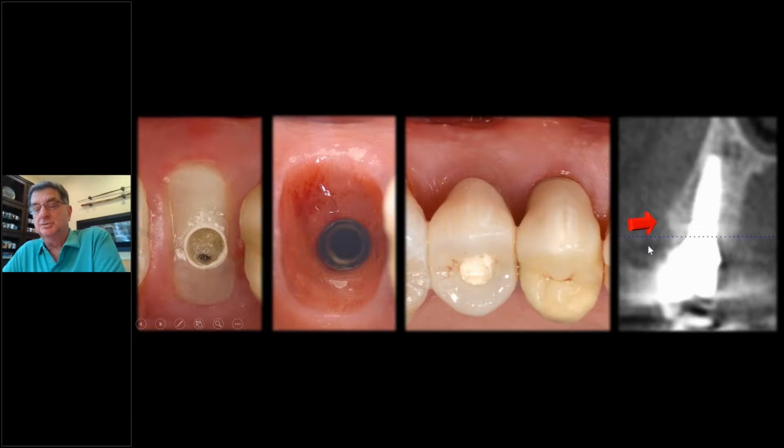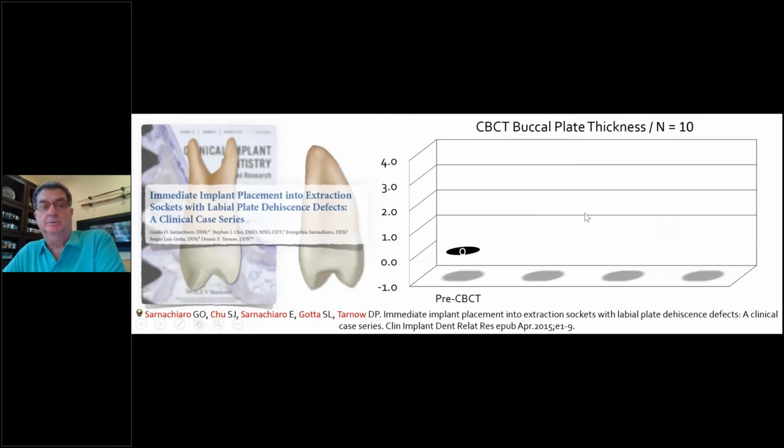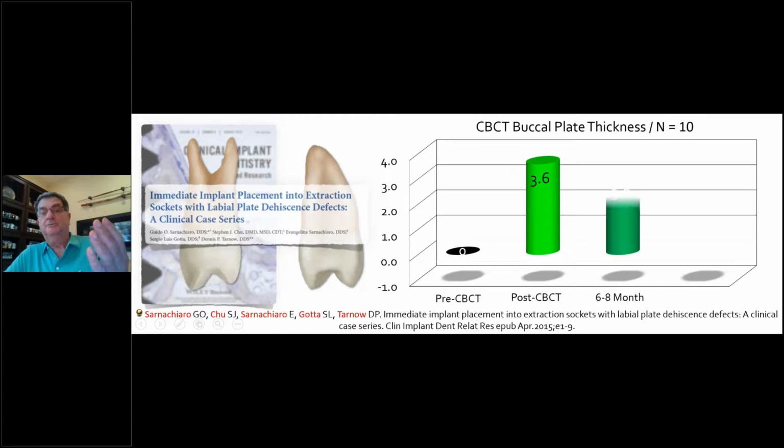What you see here, because there were bicuspids, we had big gaps. And we developed this big gap because, as you said, this was in the palatal root. So look at this distance here. We started with nothing. In the research that we published, he started with 0 buccal plate. After we did a CAT scan right afterwards, we got 3.6 millimeters. That's really old graft material.